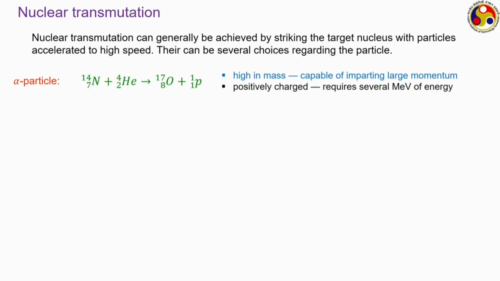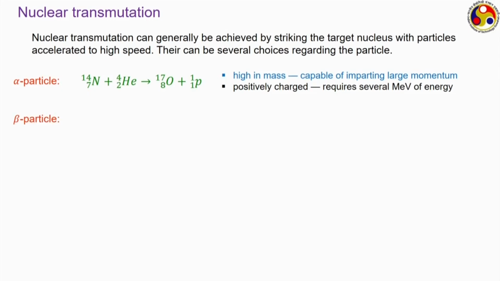However, the problem for alpha particle is that they are positively charged. Alpha particles have 2 protons and 2 neutrons, and therefore they have 2 units of positive charge, and the nucleus is also positively charged. Therefore, when the alpha particle approaches the nucleus, it experiences very strong electrostatic repulsion, and therefore we need to excite this alpha particle to a very high energy level, or I can say we need to input several mega electron volts of energy into the alpha particle